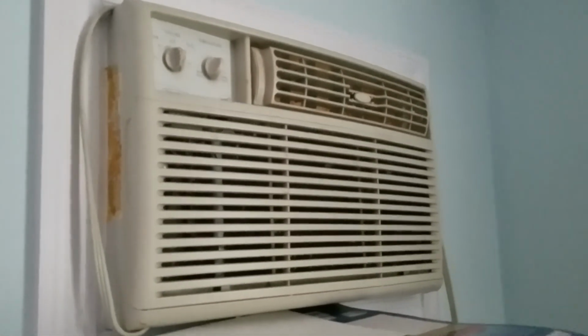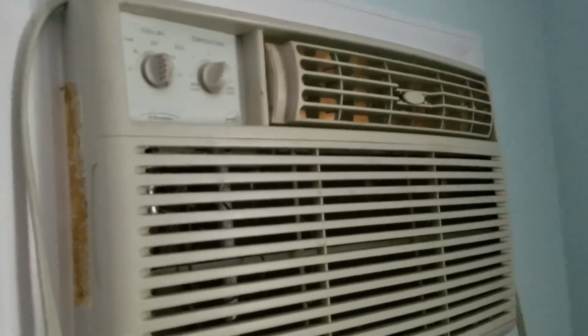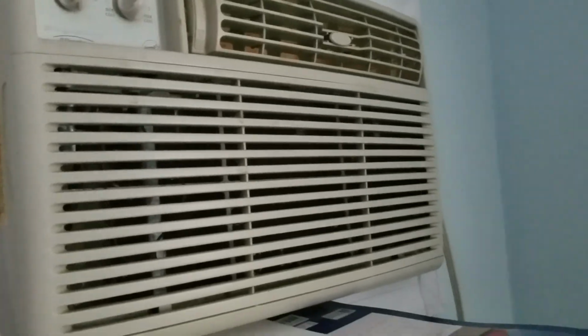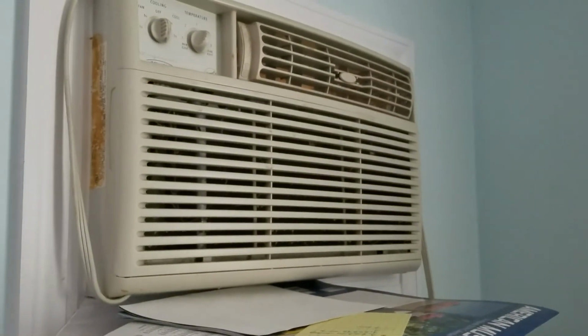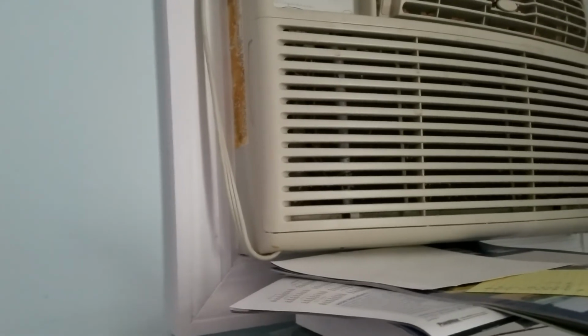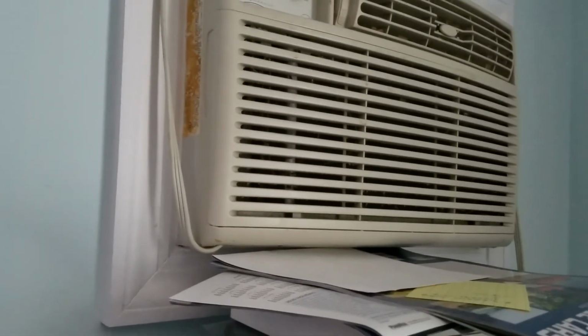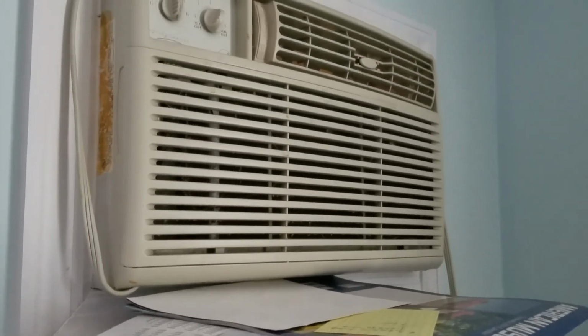Remember this thing? 2003 Frigidaire air conditioner made by Electrolux. This Fetters replaced it. This thing hasn't ran in well over 2 years. No, it's more than that. Well over 4. So